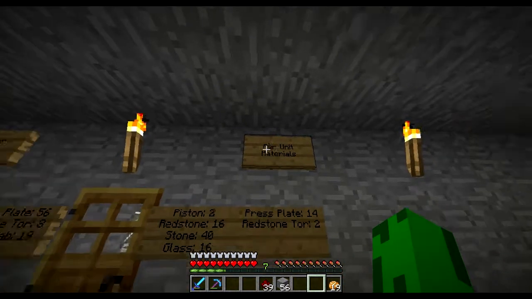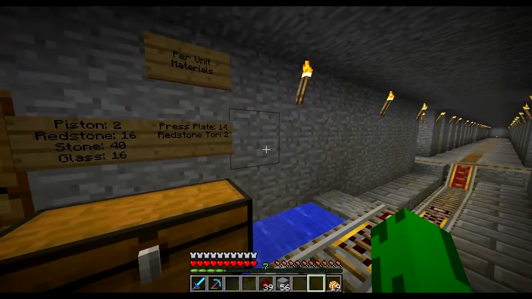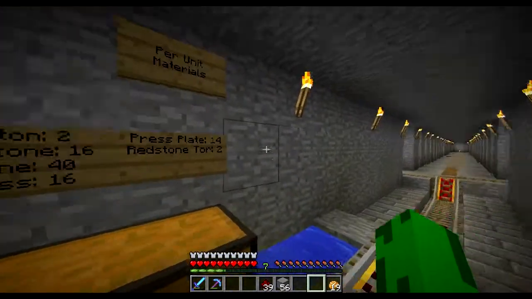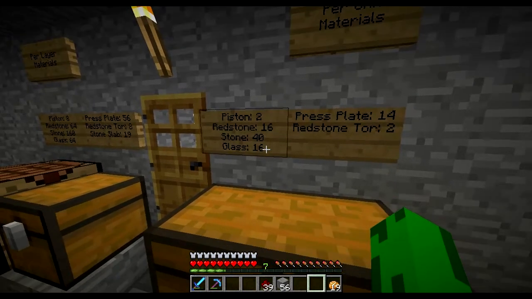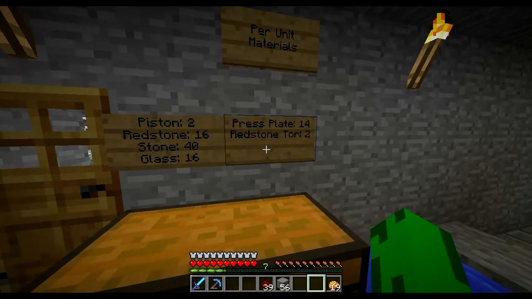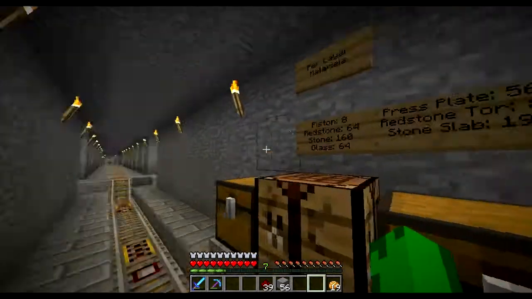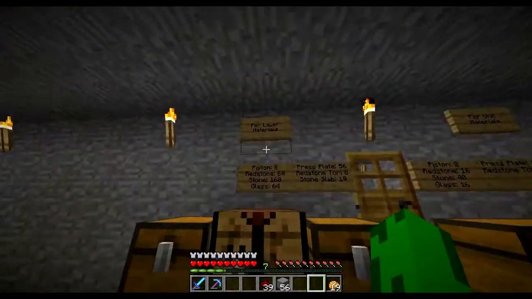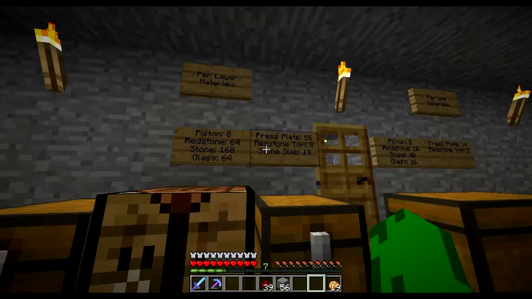And per unit material, so for each individual spawning platform, of which there are 4 per level, each one being 1/4 of a level, it takes 2 pistons, 16 redstone, 40 stone, 16 glass, 14 stone pressure plates, and 2 redstone torches per level. So then per layer, so 4 units per layer, it takes 8 pistons, 64 redstone, 160 stone, 64 glass,